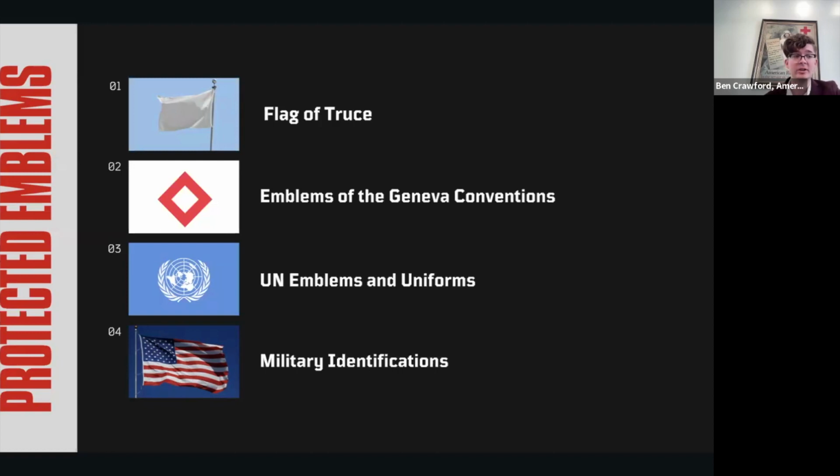For an adverse party to the conflict, improper use of the flags, military emblems, insignia, or uniforms is prohibited. Improper use includes the use of said military identifications while opening fire on the enemy, while directly attacking them, but not using enemy uniforms to gather information or perform acts of sabotage. Those would be considered proper use. However, for neutral states or other parties not party to the conflict, any use of their flags, military emblems, insignia, or uniforms is completely prohibited.